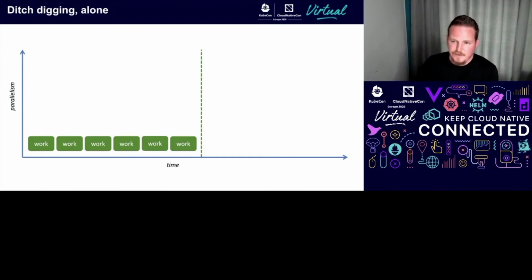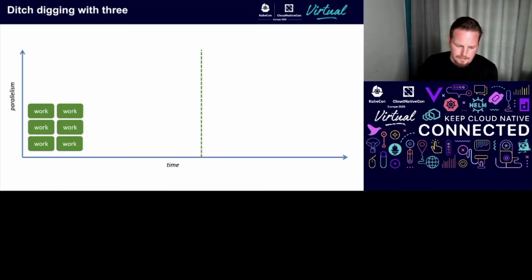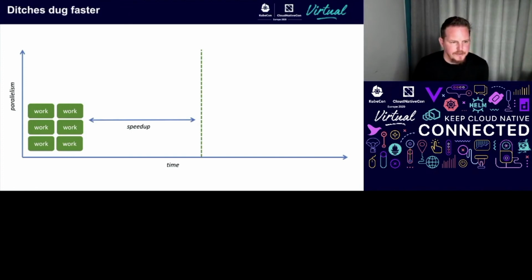If I want to dig that ditch faster, I can recruit 2 of my best friends that are equally hard workers as me, and we'll each complete 2 units of work, and that ditch will be dug faster, right? And the reduction in time that it takes to dig that ditch is speed up. It's the computer science term for that: speed up.